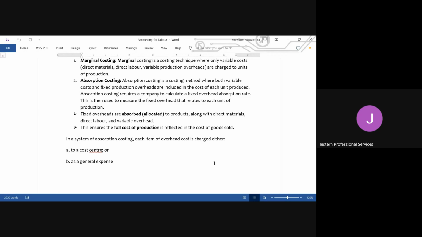Now, for those that have been following the class from day one, when you hear cost center, you should be able to understand what cost center is. We say cost centers are just those centers that are only responsible for the costs in carrying out their level of activities. An organization can have different cost centers,